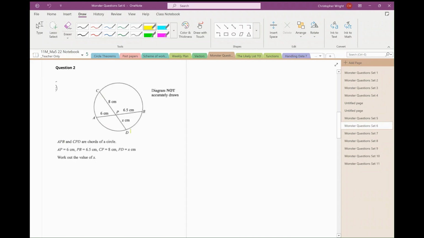Right, we've got two chords of a circle, so this is likely to be the intersecting chords theorem. I've got to work out the value of x, which is here. Okay, so using the intersecting chords theorem, 8 times x equals 6 times 6.5. So 8 times x is 6 times 6.5, which is 39. So x is 39 divided by 8,